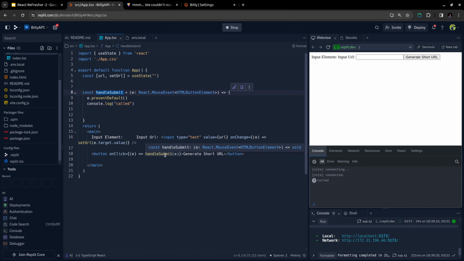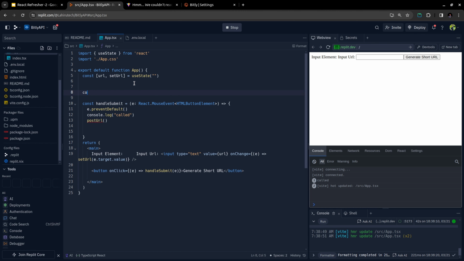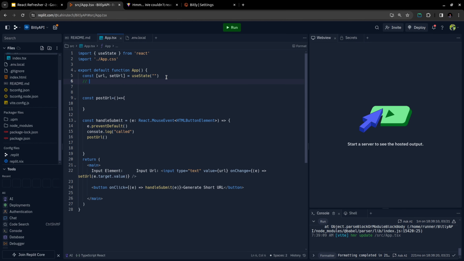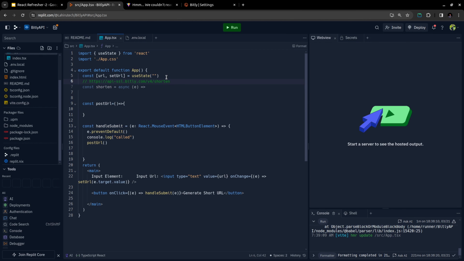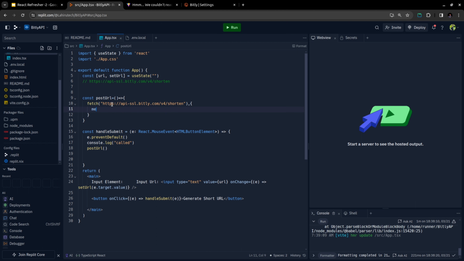So let's now create the core of this tutorial. Let's create the post URL function that I'm going to call from here, and let's call the bit.ly endpoint. This is the endpoint that we are going to call here, and most probably the interviewer will provide you this endpoint. The method should be post,